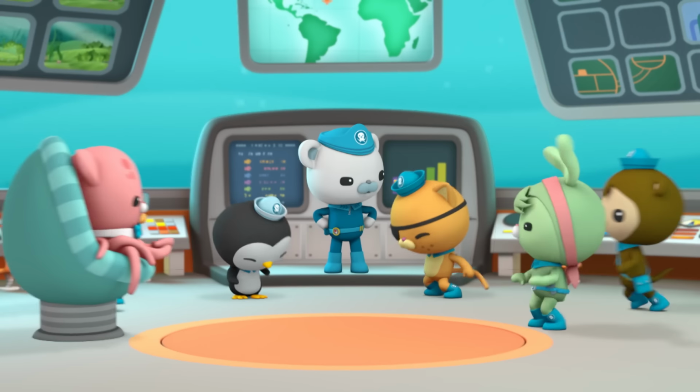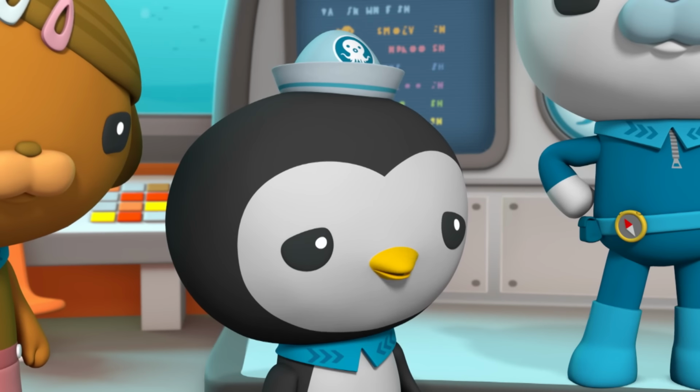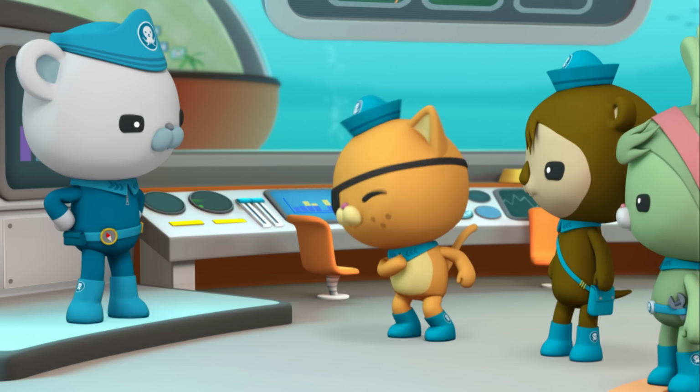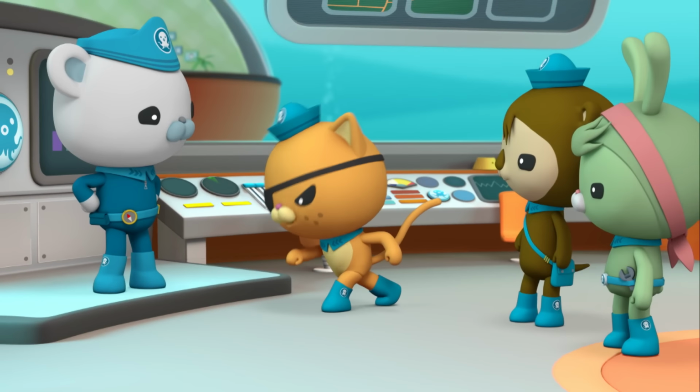Octonauts, a bottle of red algae has fallen into the home of a moray eel. We need that algae to make the Vegimals' medicine. Why don't you let me take care of that slippery old eel? I'll give him the old...